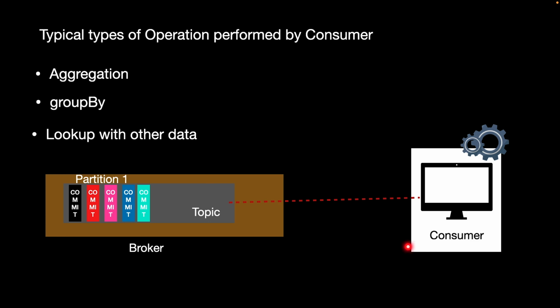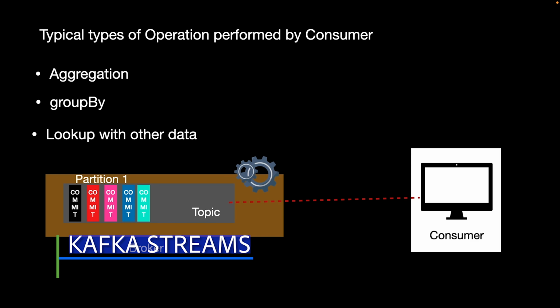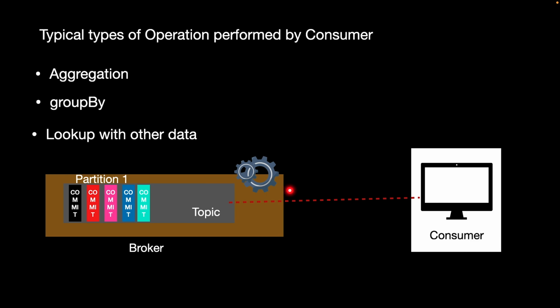This Kafka consumer is generally hosted as a separate service. So there will be effort from DevOps or the IT team in order to manage the infrastructure and perform monitoring and maintenance of those services. Now what if we can move this type of processing from a separate consumer to the Kafka broker itself? Earlier, operations like group by and aggregation were performed by a separate consumer, and we needed to put in effort to maintain or scale these consumers.